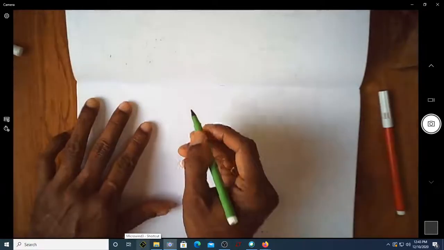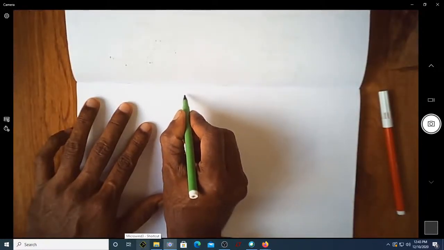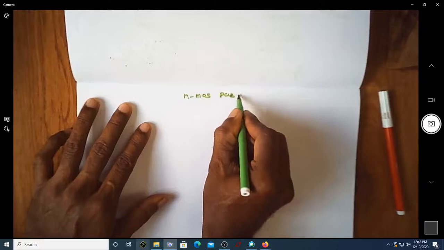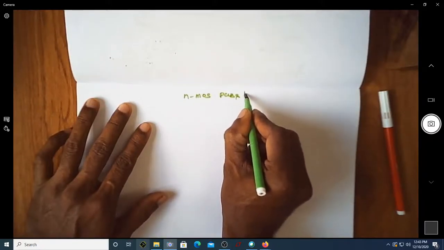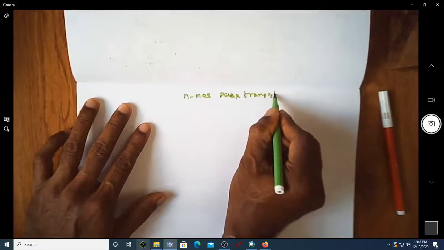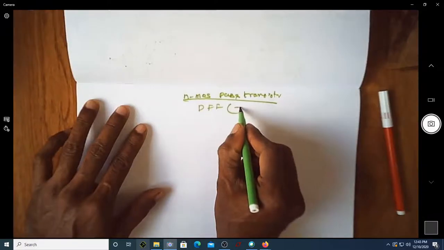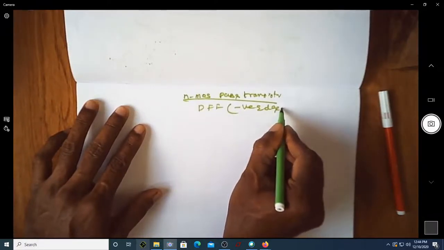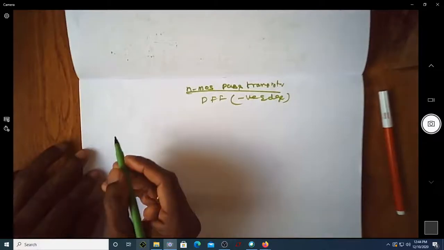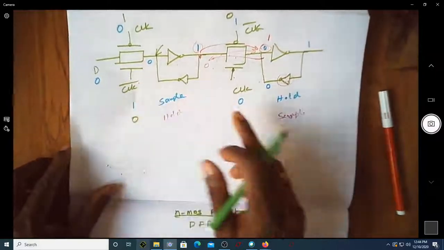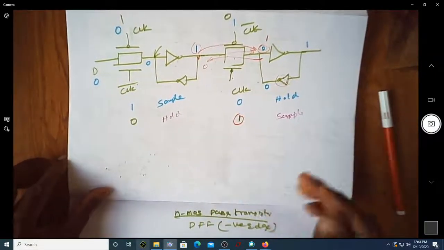Okay, in this video we'll see the implementation of a D flip-flop using pass transistors. So let us now try to see, using NMOS pass transistors, how we implement a D flip-flop. In this case, let us consider a negative edge triggered D flip-flop. Since in the previous cases we considered the transmission gates, now we shall consider